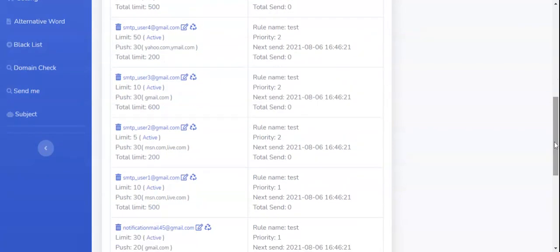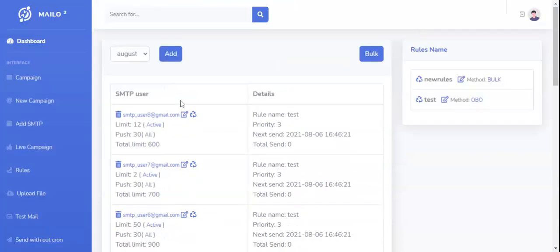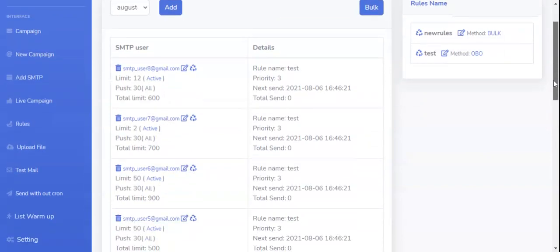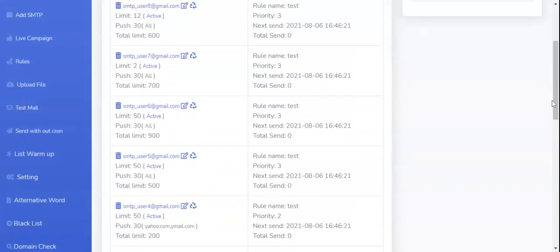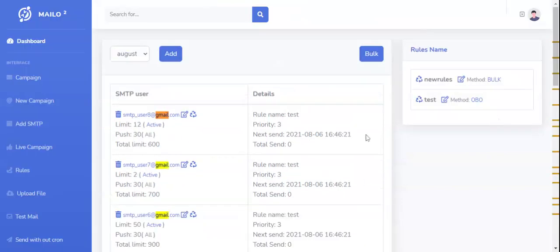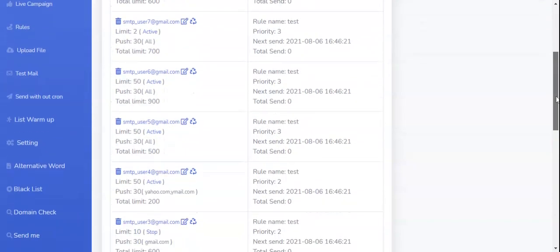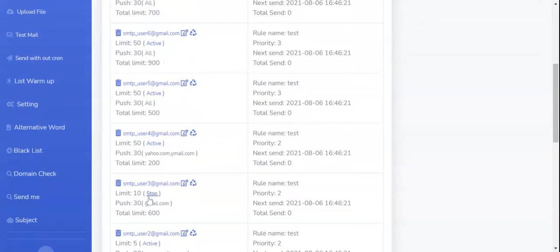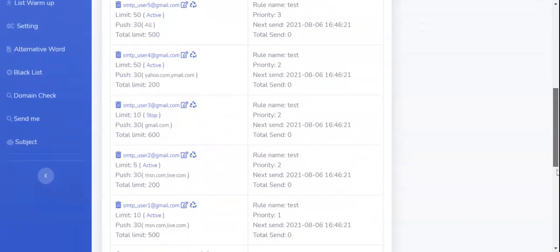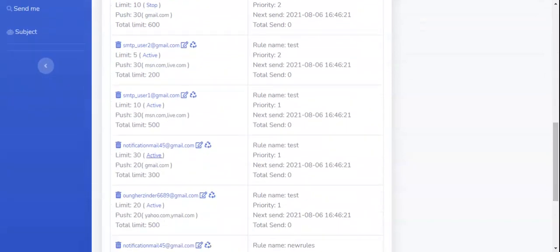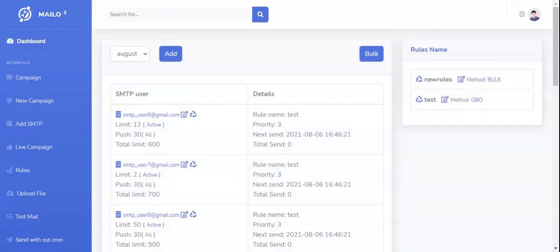And you can easily stop also. If you do not want to send mail to Gmail, then you just stop the mail id which is set for Gmail. There are two mail ids for Gmail. You can check this Yahoo, Gmail already one is stopped. You just make it stop. Another is that Gmail, just click on it and stop.